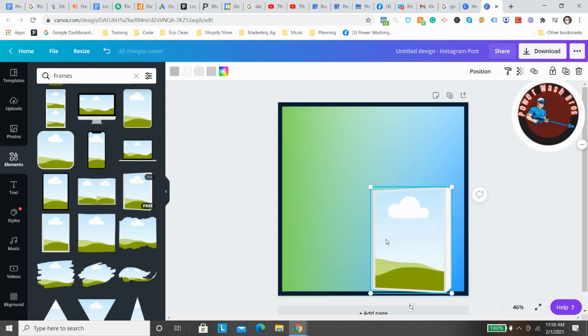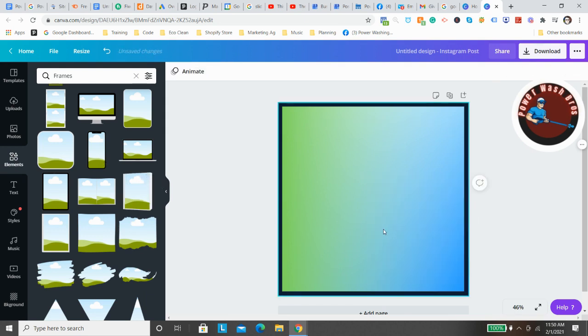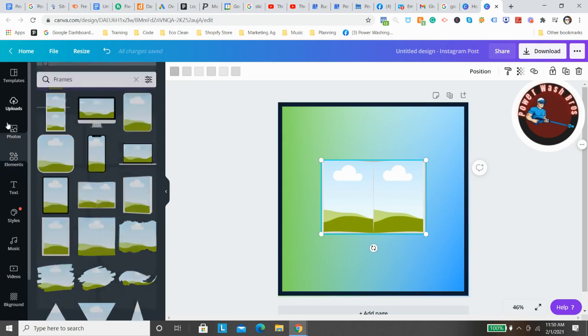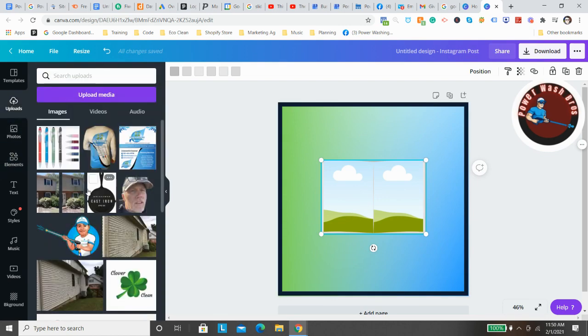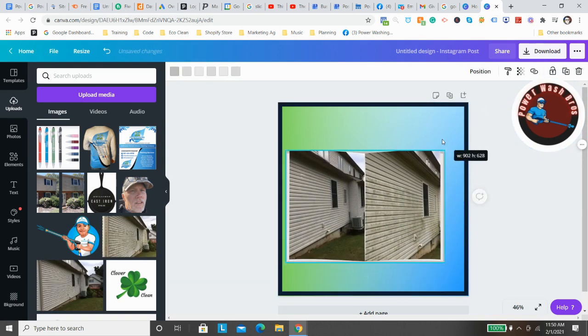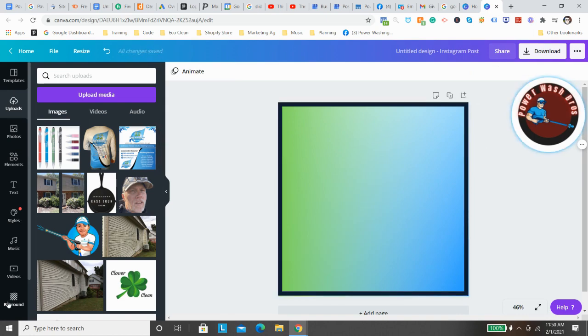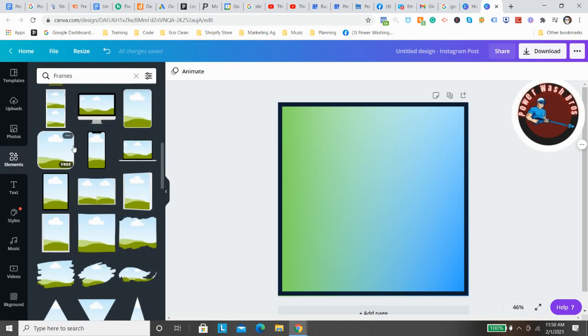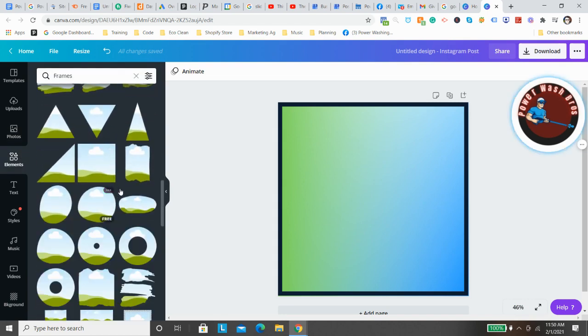What is this? A little book cover? Yeah, we don't want that one. Let's see if this one will do the trick. Yeah, so you could do it this way and make it like a little book. I'm not vibing with that one though. So let's just go ahead and